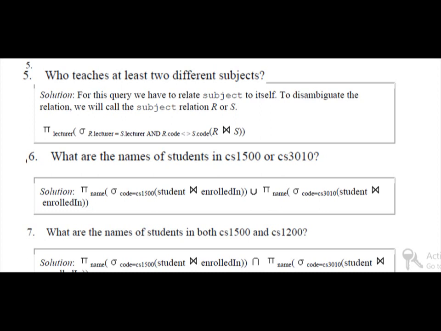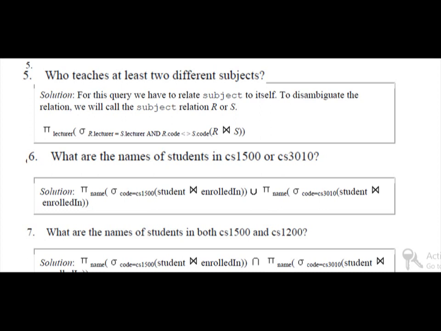We will call the subject relation r or s. We have to find subjects from 2 different tables, that's why we are using r and s.